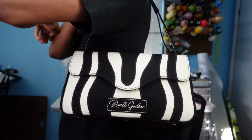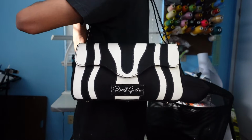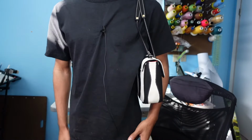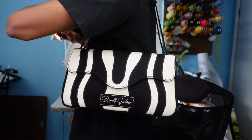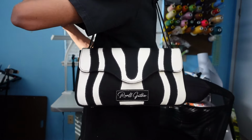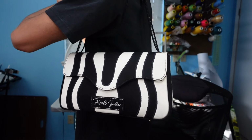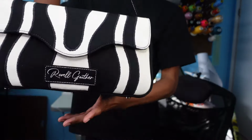It's still beautiful. This is how it looks on. As you can see, it is gorgeous. Like this bag, it is such a statement piece. Like I'm telling you, even just from this view, ignore my terrible all black outfit, but it's just, I can't believe that I made this. And again, it was inspired by my dog getting sprayed by a skunk, which I feel like makes it cooler in a sense, because it's really